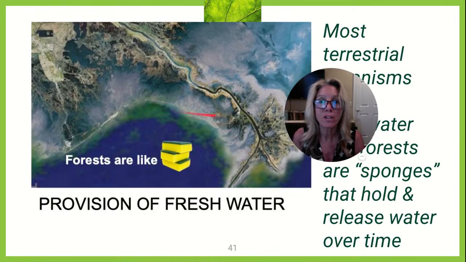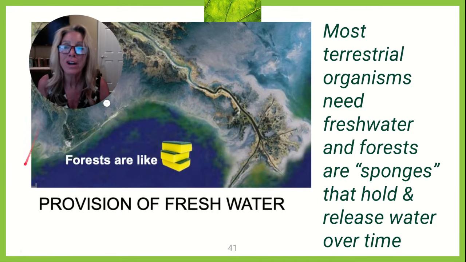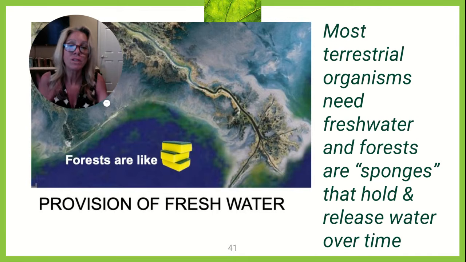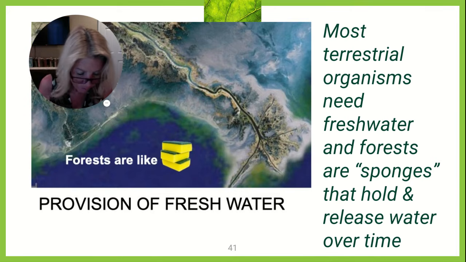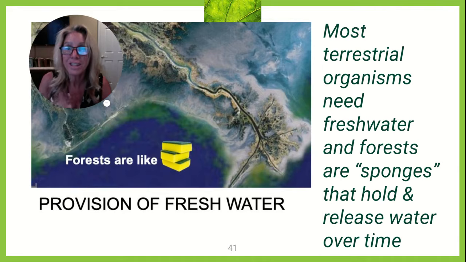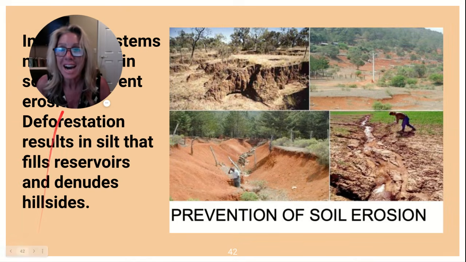Provision of fresh water. Get myself over here. Provision of fresh water. Most terrestrial organisms need fresh water. Remember, only 3% of the water on Earth is fresh water, and forests are sponges that will hold and release that water over time. Okay, so sponges is the word you need there. Next,